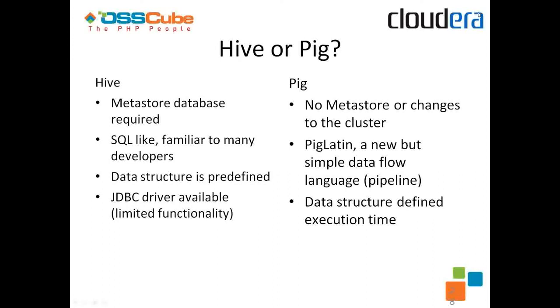Whilst Pig, none of that. You can just install your own Pig installation on your workstation and start using it without any modifications on your cluster. Your cluster admin may not even know that you're using Pig